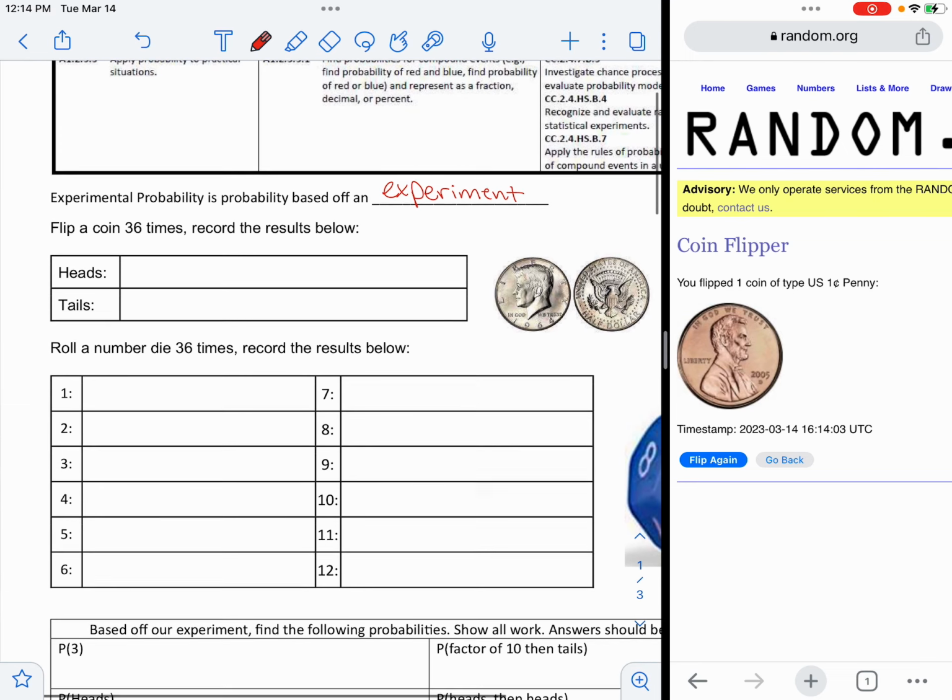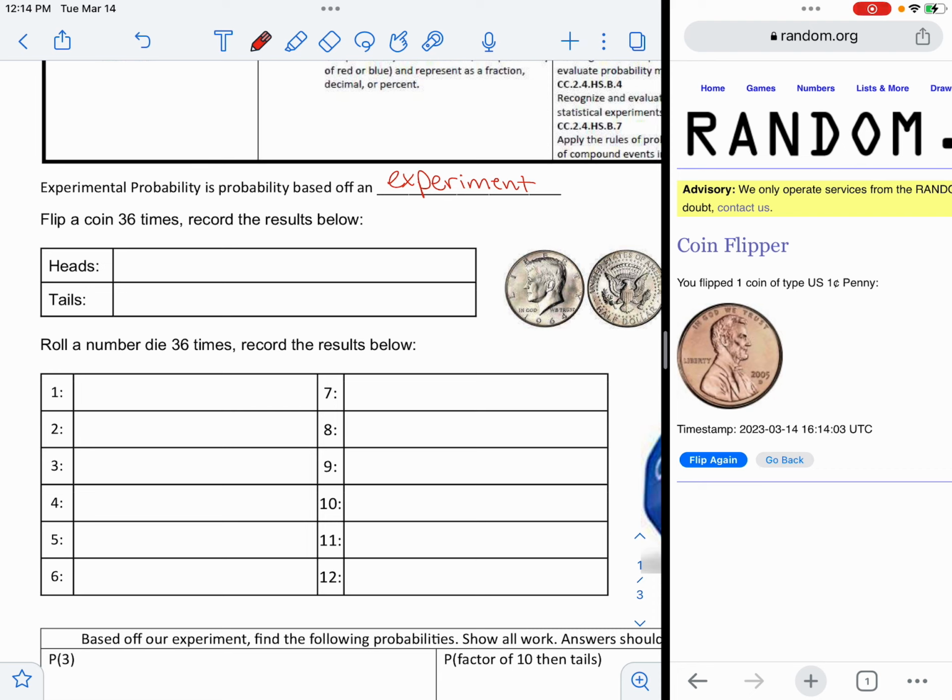And in order to do that, we're going to flip a coin 36 times. I have a digital flipper over here, so I'm going to do it 36 times. 1, 2,